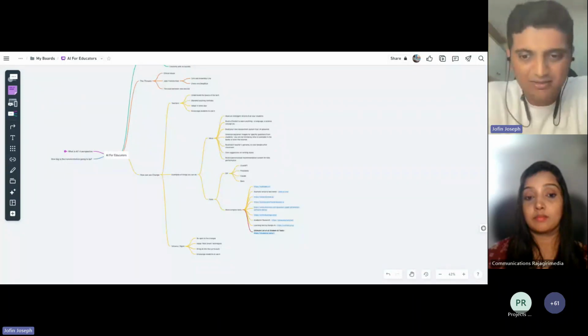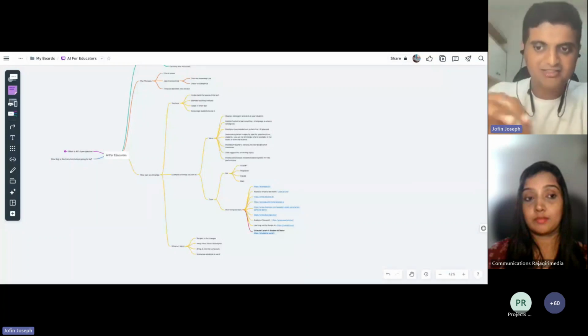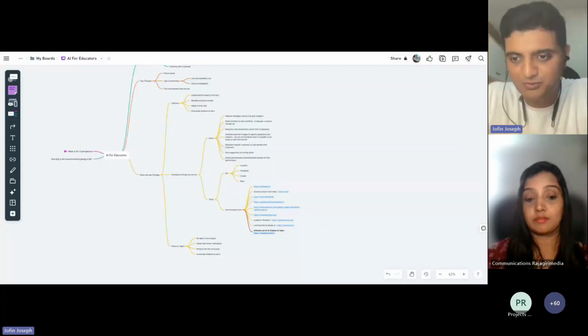So if you simply ask a one-liner to ChatGPT and copy paste, many AI systems will be able to detect it. But if you ask in a nice, different, customized way, all these AI detection tools are going to fail very soon.